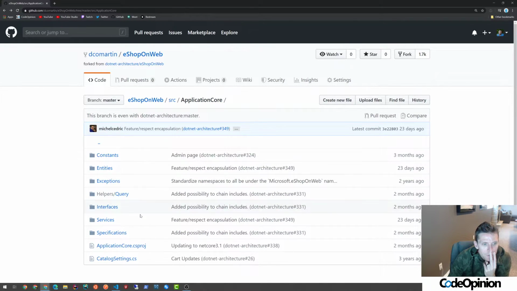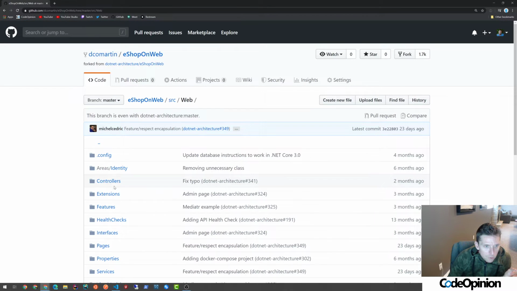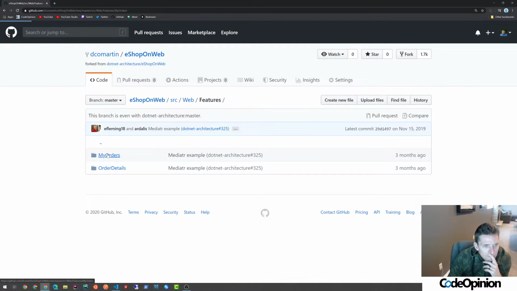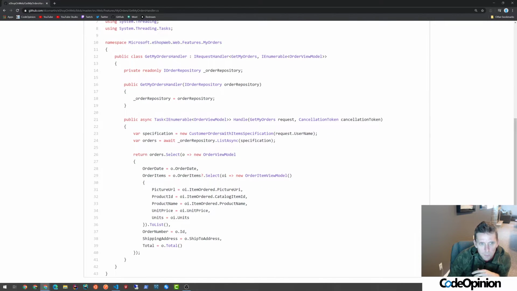Because, for example, if you're doing this very often, again, this is a sample app. It's not the be-all, end-all. So let me go back to features, my orders, this handler. In this particular circumstance, you probably do want everything. But let's say, maybe I can find a different example, where all we really wanted was, I don't know, one particular piece, maybe the order date. Like, you're not going to want to pull this entire order out